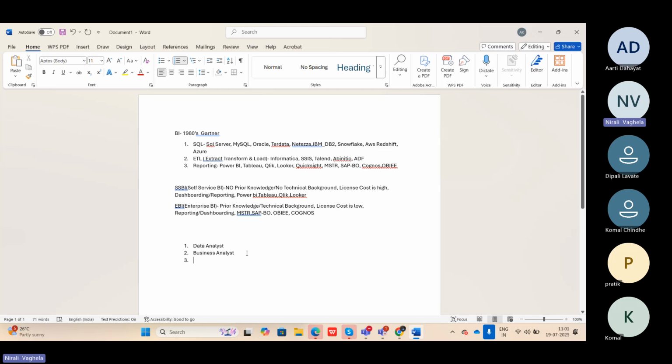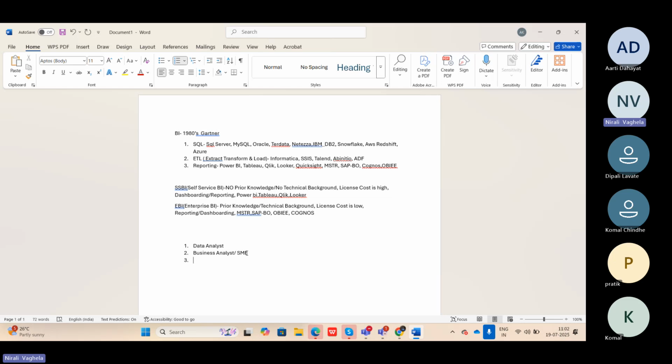Or here you will probably be called an SME, that is a subject matter expert. Subject matter experts are the people who can guide a client on why they should use Power BI or Tableau, and how exactly that is going to improve their work or help them out. So these are the people who will be working there.